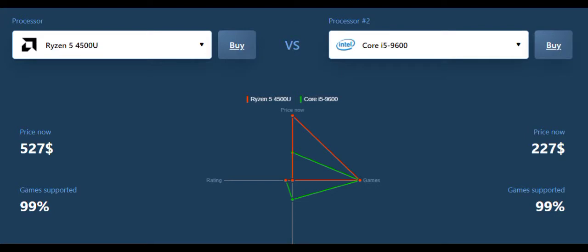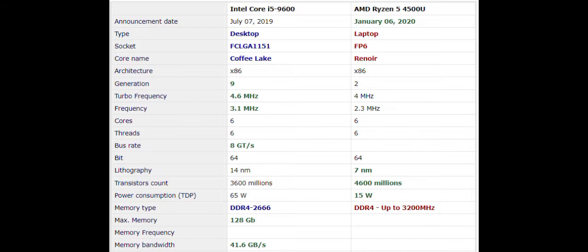First, let us compare their cost. The price of the Ryzen 5 4500U is almost $527, and it is much more expensive than the Core i5-9600, with a difference of almost $300 alone. Let us proceed to comparing their